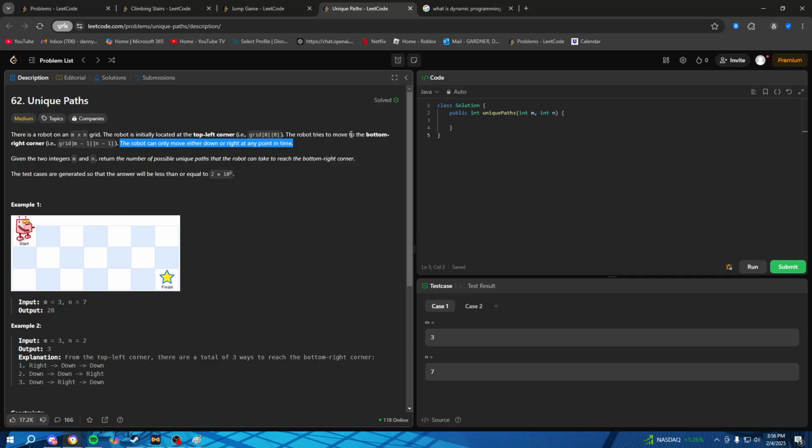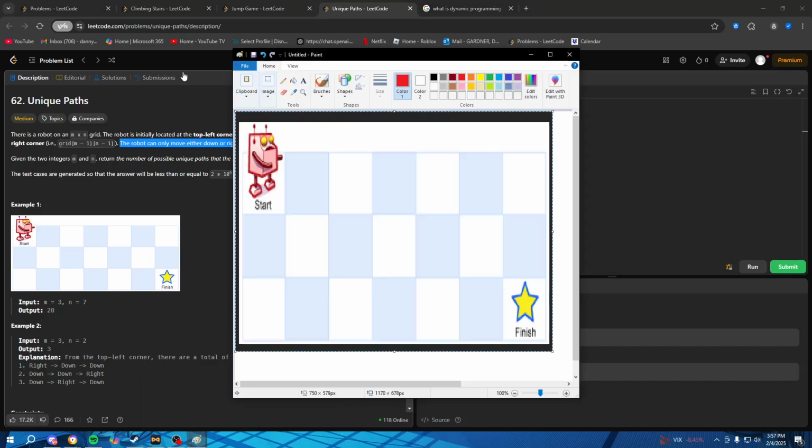Test cases, okay. So now we have m and n, which is going to give us a 2D array. In order to scale this problem down, we first think big scale. We think, what are we calculating? We're seeing all the ways we can reach this finish, which if we were to calculate it by hand, it